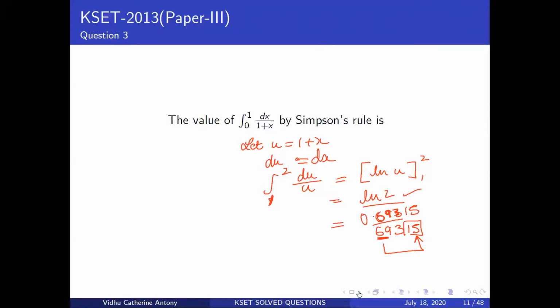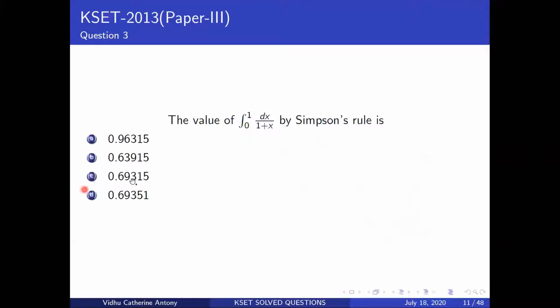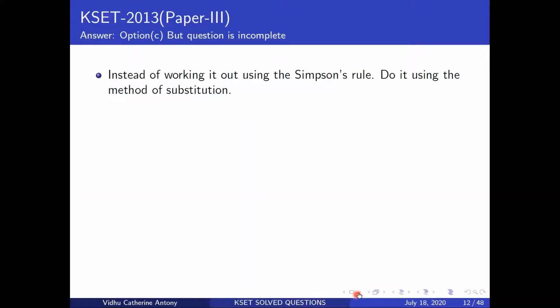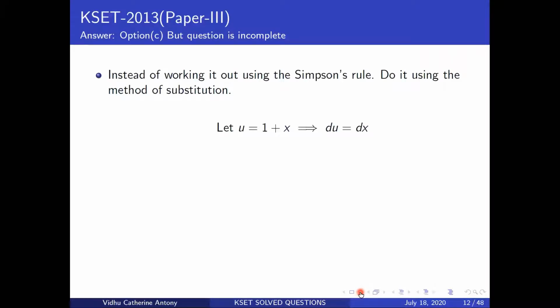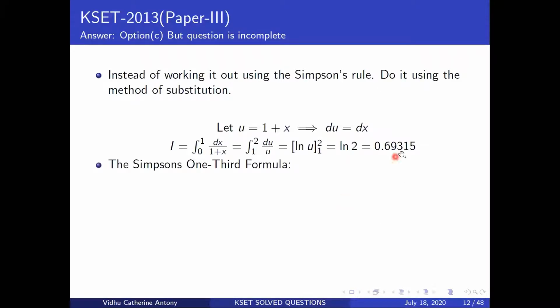Now let's look at the answers. These are the answers given to you. The answer is option C. And what I will tell you is that this is worked out using the method of substitution rather than Simpson's rule, because they really haven't specified what it is. So these are questions that you can really challenge. You can say this wasn't specified, so you're supposed to give us grace marks and things like that. I don't think they challenged it that year. They just left it that way. So that's how you get this value.